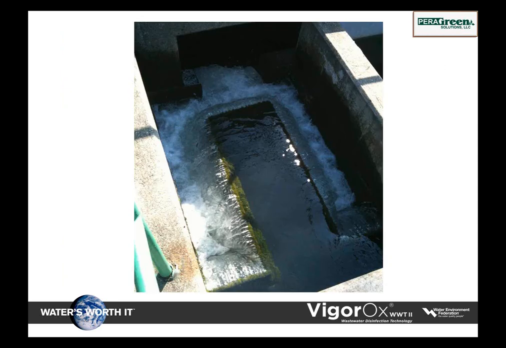This is the overflow I was telling you about. This is before we used PAA. You can see the slime layers that have built up on the algae on the overflows, but that goes directly out to the Ohio River. It connects up and goes down a pipe and discharges. So that was before. What we've done is when the PAA levels are 0.3 to 0.4, that overflow weir is clean. There's no buildup of algae at all. Here's the discharge. You're looking straight down from that discharge, the overflow, directly into the Ohio River.